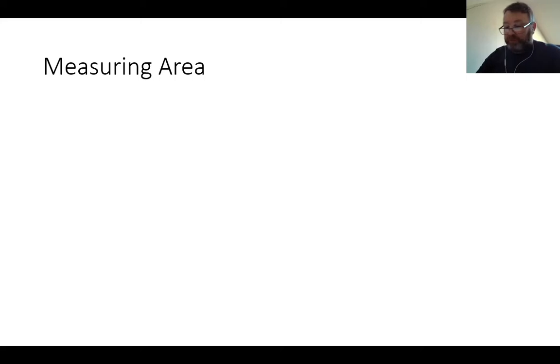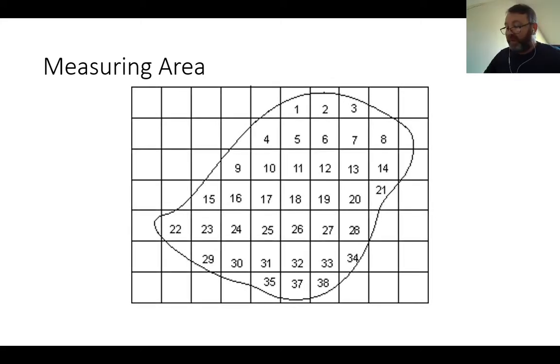So just to make sure we all understand how to do that, take for example this irregular shape. The reason why this shape is called irregular is because it doesn't fit any of the regular shapes that we know. It's not a circle, it's not a triangle, it's not a rectangle. So if it doesn't fall into one of those three, we simply call it irregular. And say for example somebody said to me, well, estimate the area of this irregular shape. What would I do? Well, the first thing is I would draw an outline of the shape, as you can see there,